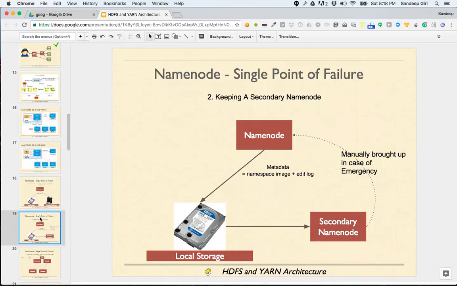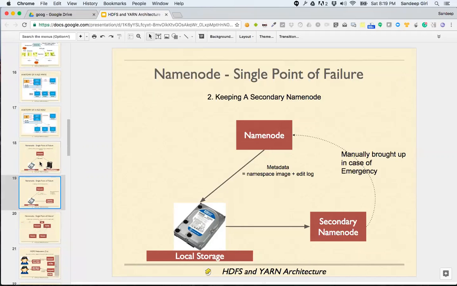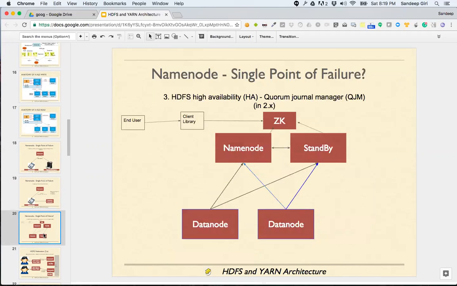So instead of reinstalling the name node, we already installed one name node on one machine, kept it as a secondary one, and whenever the name node goes down, we merge the image with the edit log, and then restart this secondary name node, and that secondary name node becomes the name node. So these two methods were older methods in Hadoop 1.0. These were the methods that we used for recovery. But now in Hadoop 2, we have far more advanced methods. Okay, let's take a look at this.